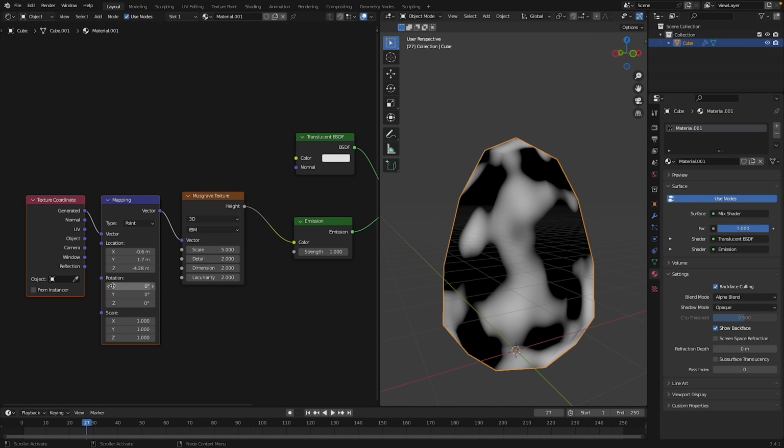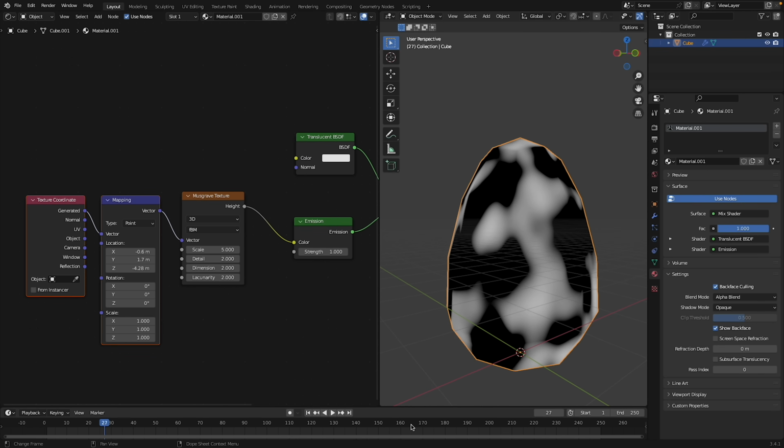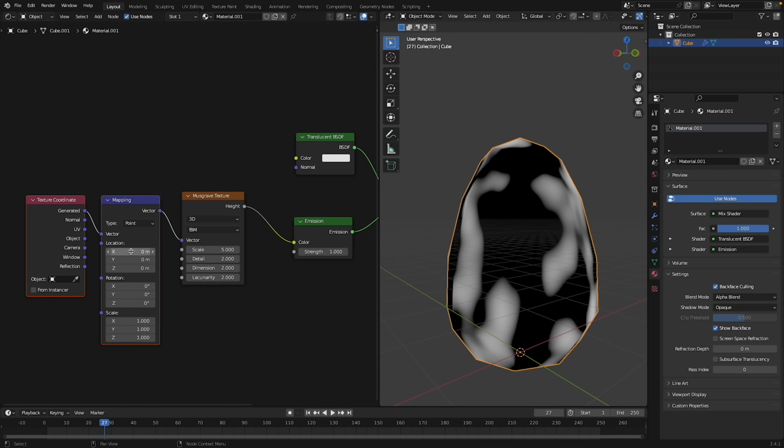Or to make things easier, because with a fire, sometimes you might just want to scatter it throughout a scene and you don't necessarily know how long your timeline is, we can make use of just a simple driver. Now this isn't a tutorial on drivers, but I can just show you how to set up a really simple one so that this texture stays animated no matter the length of the timeline. So let's come here to the Z. We know we want to animate it along the